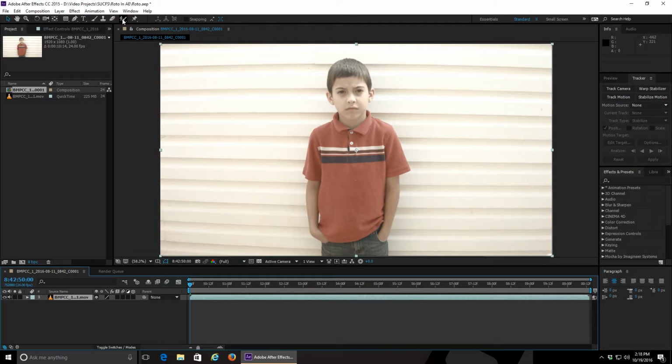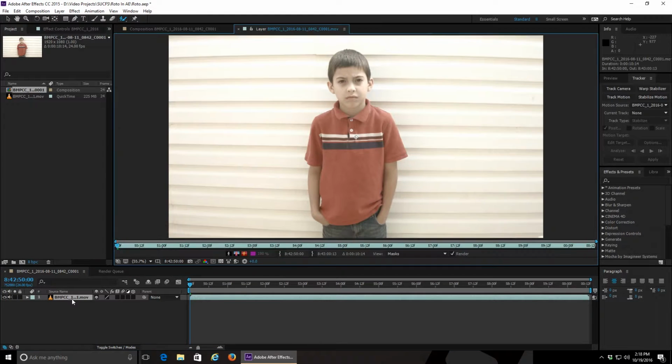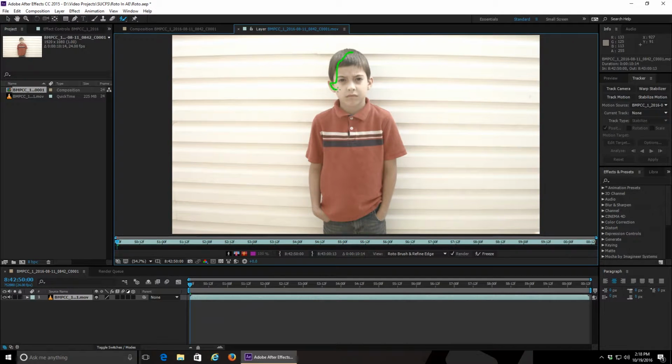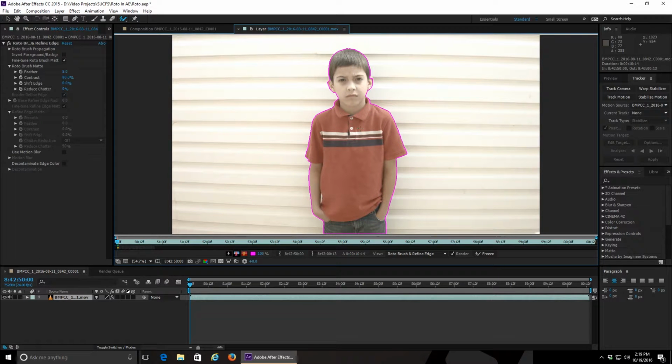You'll then go up and select the Rotobrush tool and go down to your clip in your composition and double-click. This opens up your clip in its own layer view panel. With the Rotobrush tool, you'll paint around the inside edge of your subject as well as some of the inside. When you let go of the mouse button, After Effects will have drawn an outline around your subject, creating a